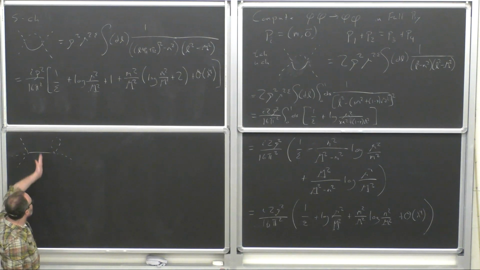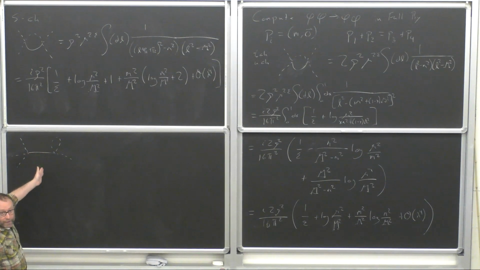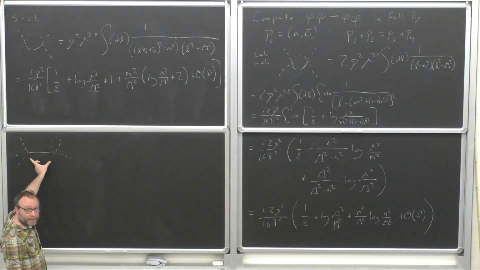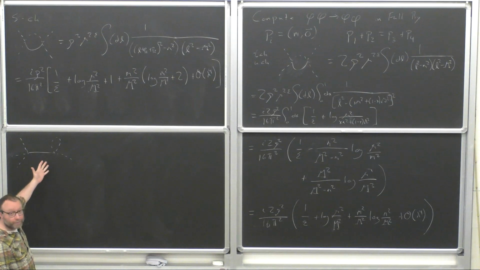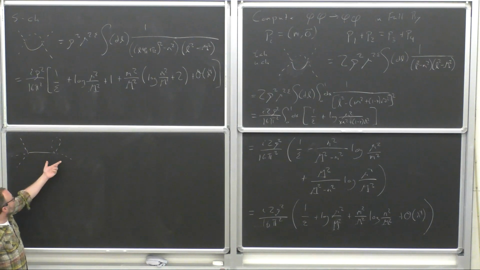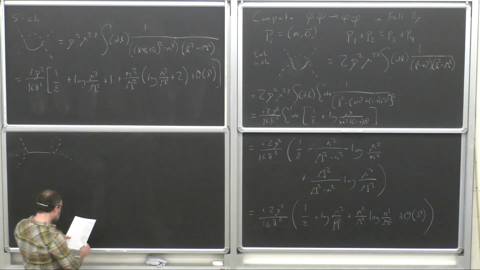And again, for me, this was not a natural thing I would have necessarily drawn because it's not one particle irreducible, right? It's got this propagator in it. But the point is that because we're working in EFT, we shrink this to a point. This is going to contribute on the EFT side as a local operator, okay? And you can think about it also as contributing to mass mixing. Another way to incorporate this would be to compute this as a matching correction to the mass, okay? For me, it was more natural to think about it just in terms of this diagram contributing at this order to this process. So we can include this